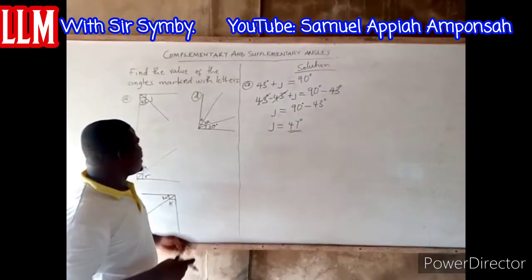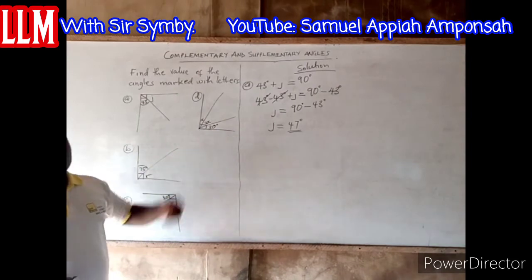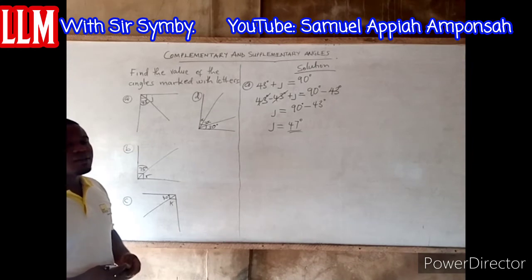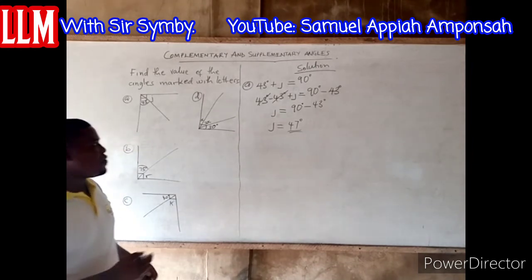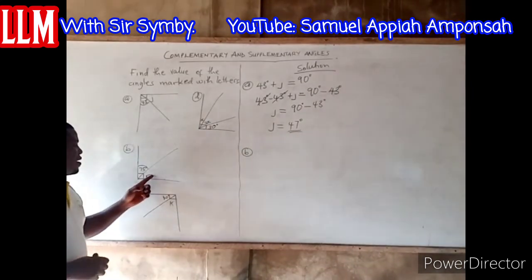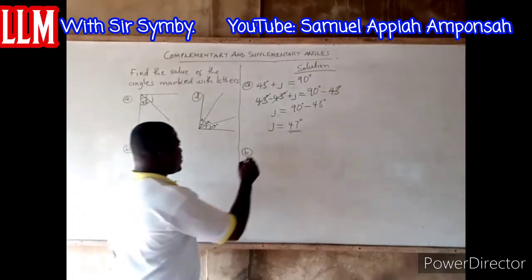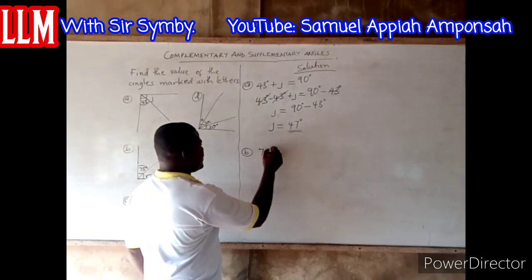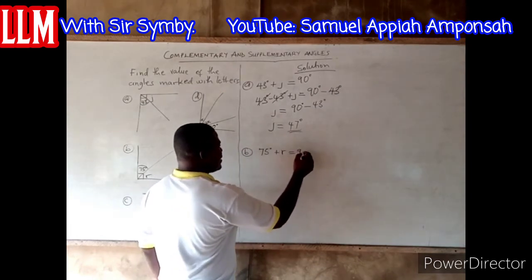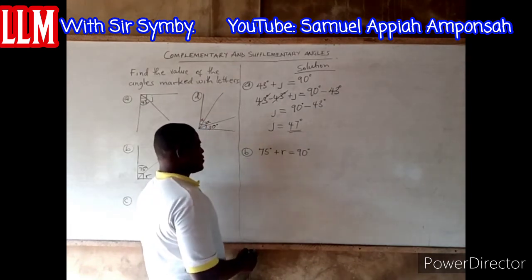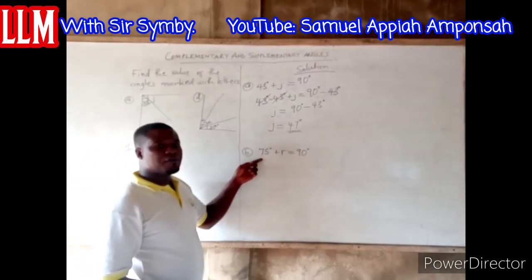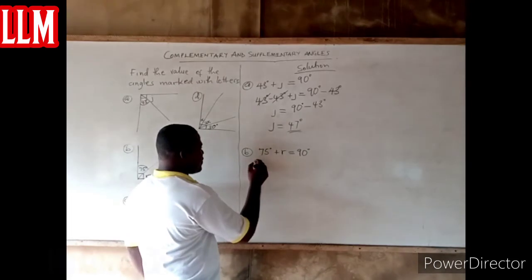So to find J, these are the steps you must go by in order to get the value of angle J. Let's move on to example B. We have to find the value of R. The same way, we have 75 degrees plus R giving us 90 degrees. The same way, we must neutralize this 75. We must do away with this 75. So we subtract 75